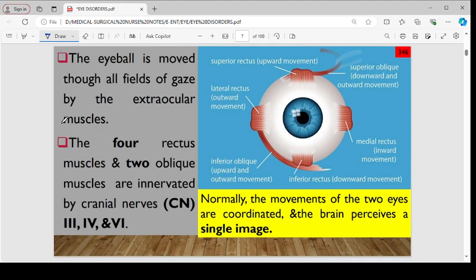Okay, so the eyeball is normally moved through the fields of gaze by the extraocular muscles. We have 6 muscles, 4 rectus muscles and 2 oblique muscles, right? And these are innervated by nerve 3, nerve 4, and nerve 6. So normally the movements of these two eyes are coordinated so that the brain is only able to perceive one